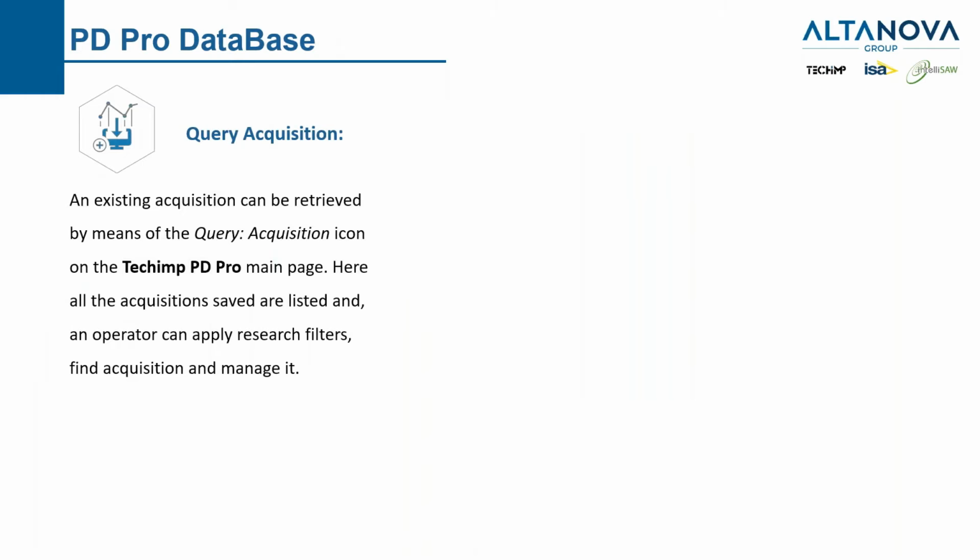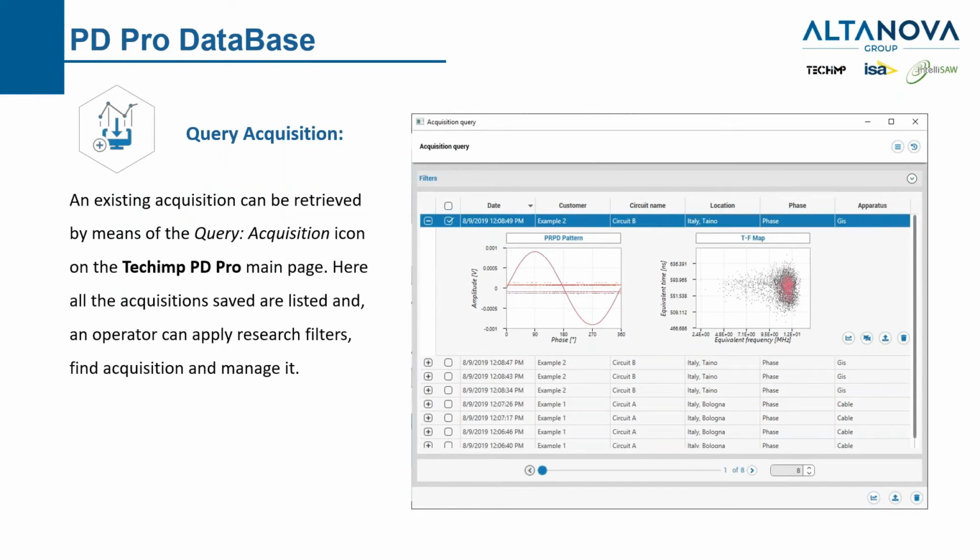The function of the DB to query acquisition is to find the previous acquisition that will be displayed just for the PRPD NTF map to have a quick overview, and that can be then further studied with the processing tab. And with this very straightforward approach, we can find quickly an acquisition from our DB related